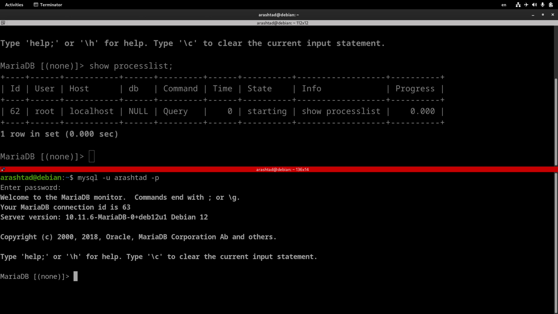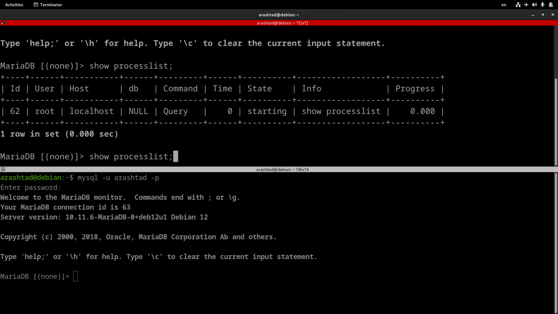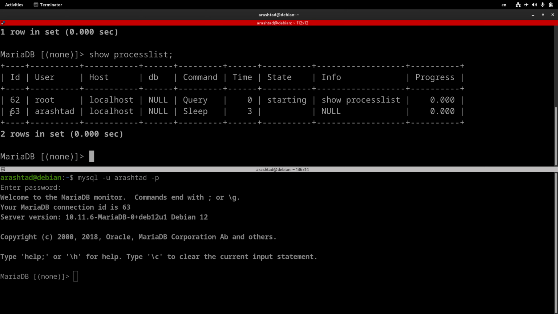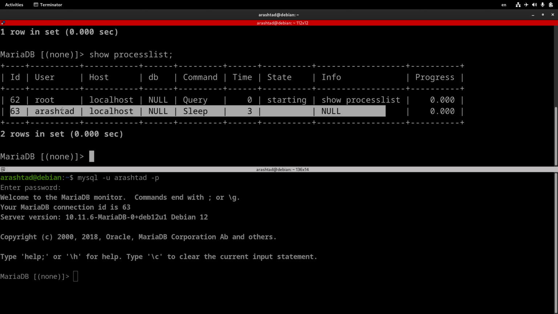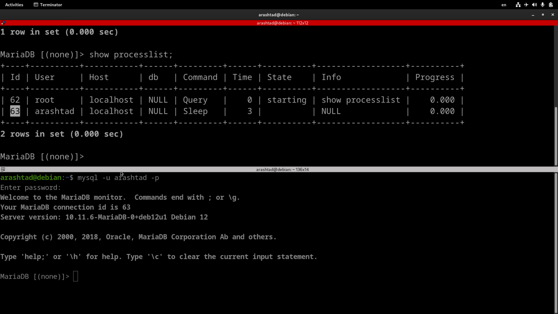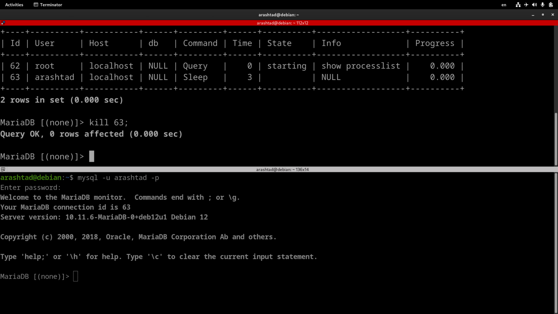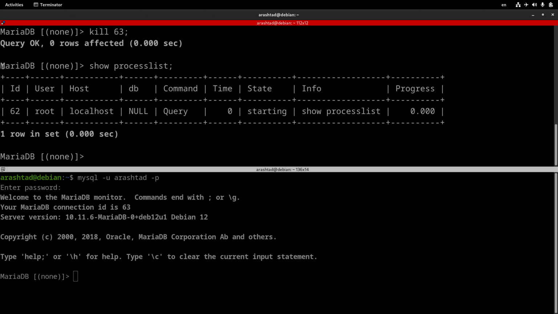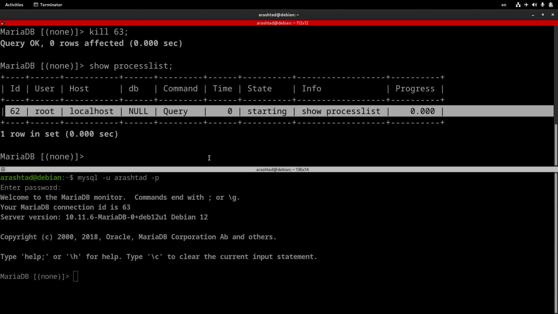And this means another session will be created. If I repeat the command, we will see that another session for this user with this ID is created. As the administrator, we can end processes by typing kill and then the process ID. It doesn't mean that this user will be logged out, but it means that this specific session with this ID will be terminated. If I do this and show the process list again, we will see that the process is